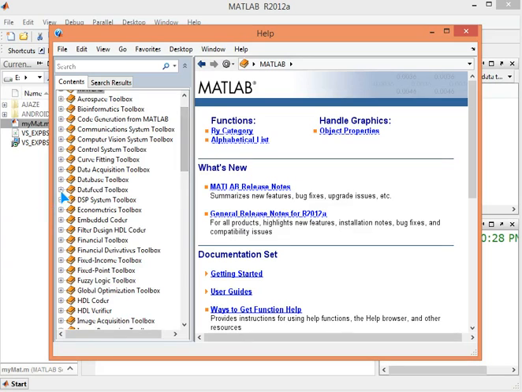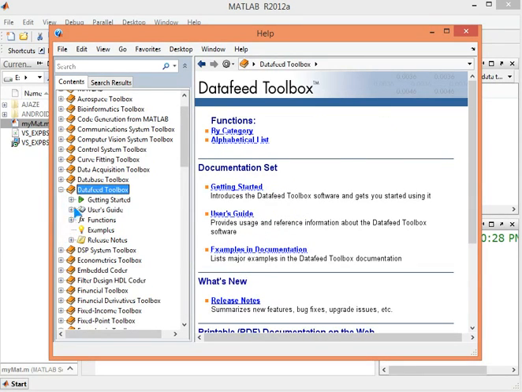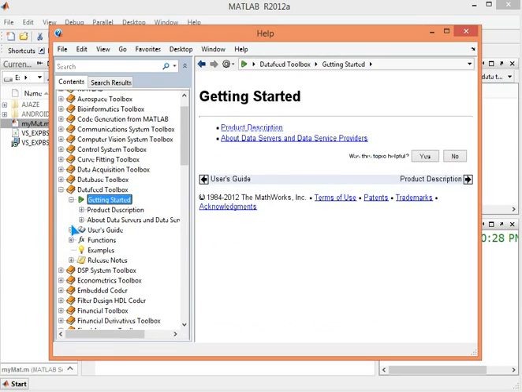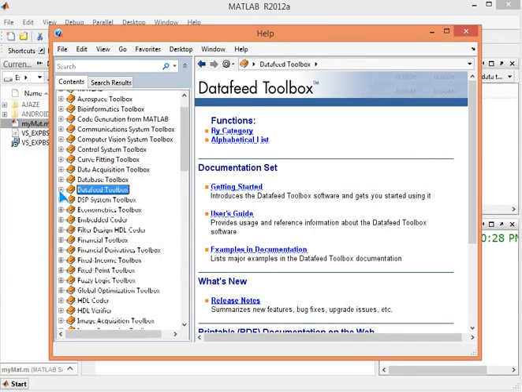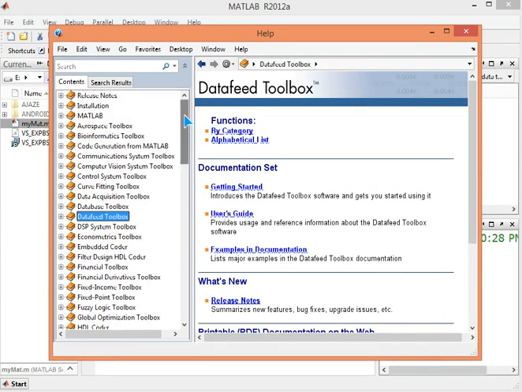The best thing is to type here. If I want to plot something, I just type plot, and all the things available in MATLAB will be shown to us. Say this plot, just click it, and we have different plotting graphs here.